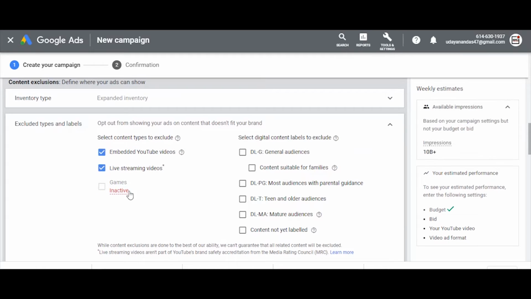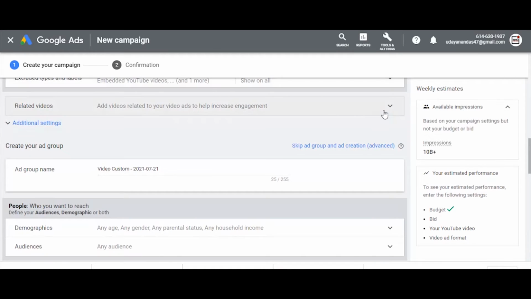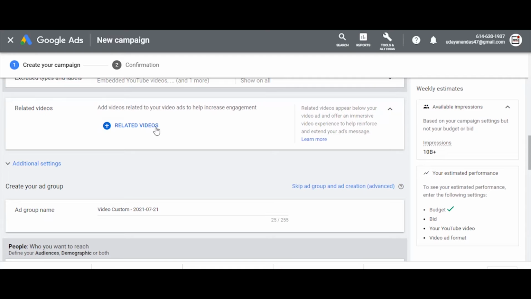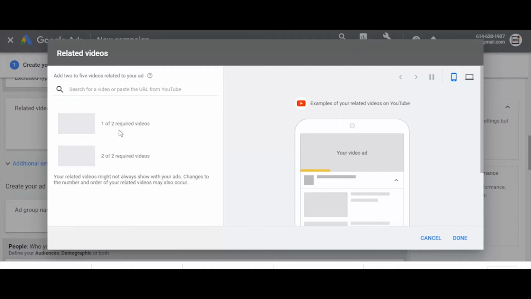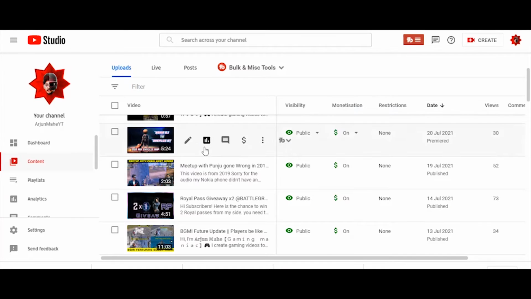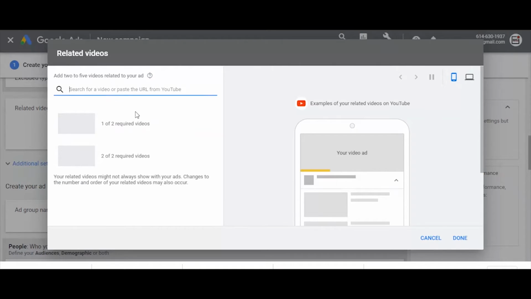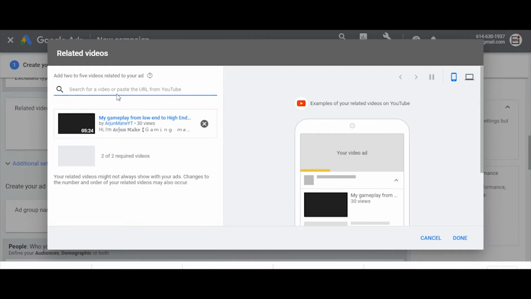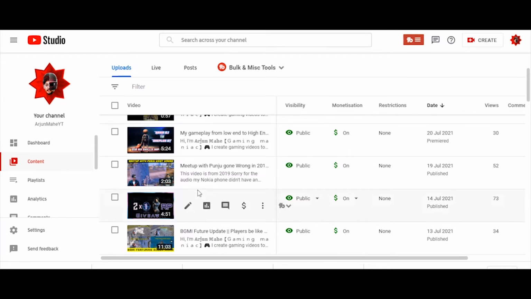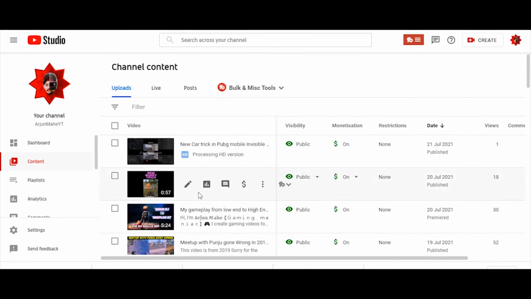And next thing we are going to check is additional settings. Related videos is where you add 2 additional videos for the video that you are going to telecast as a Google ad. Like if you are going to telecast one video for what you're paying, additionally it can show 2 videos extra in the banners of your video. Whatever video you are telecasting, there would be an option to add 2 more videos to that ad. So I'm gonna promote my next 2 videos which are related to that video. I'm gonna show it here.